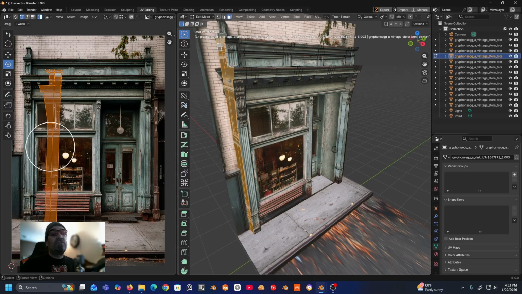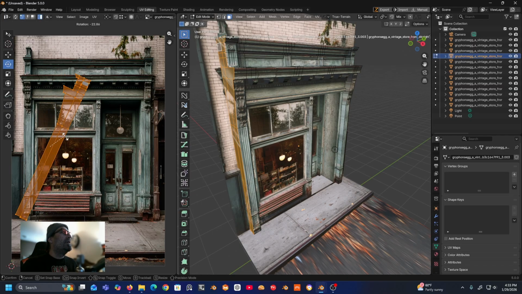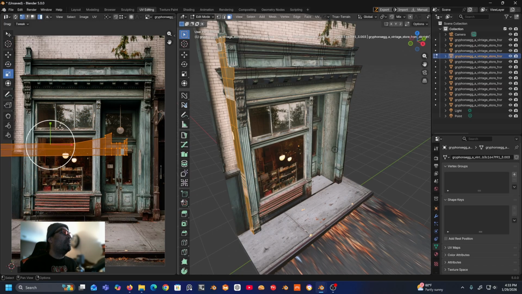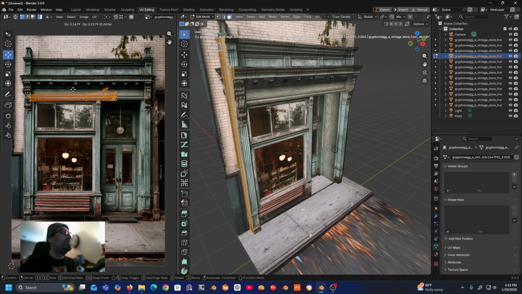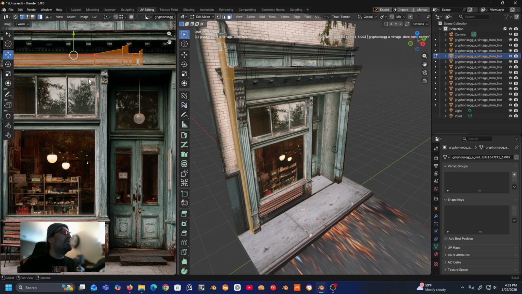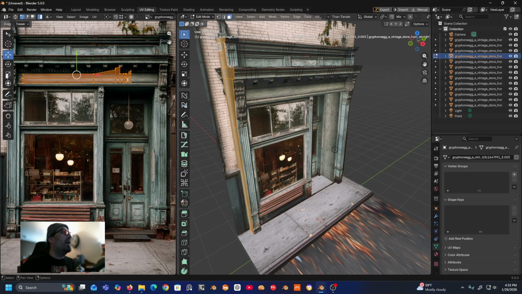But the best way is going to be to take it into Photoshop or Substance Painter, or even here in Blender, and repaint or re-project textures onto those. But what I'm going to do is just throw this away. We're going to shrink this down. We're going to use that same larger bit of texture that we have to lay this over. Something kind of like this. Maybe even rotate that the other direction